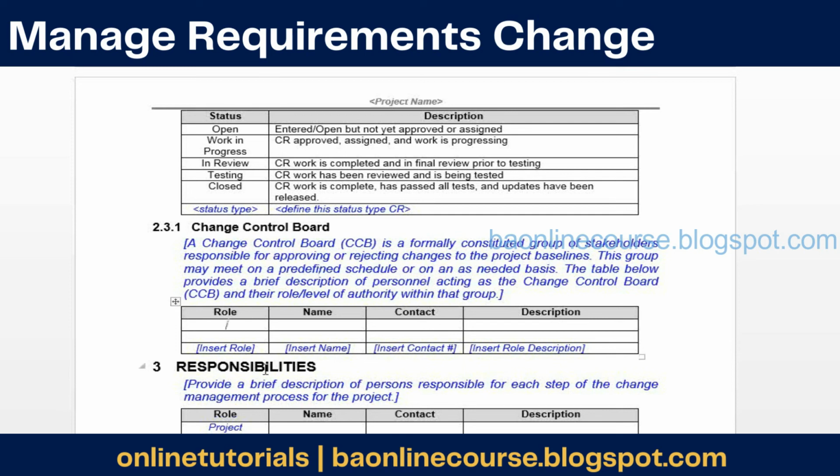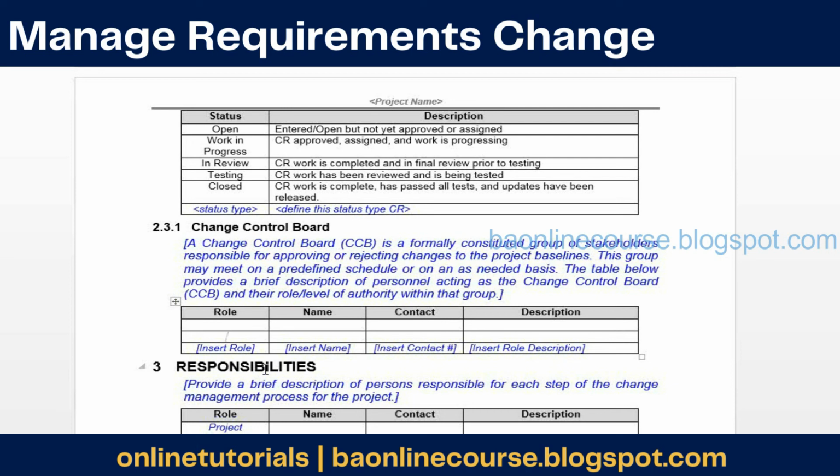The change control board generally has the project managers from both sides and the solution owner as part of it. These three people generally decide, should this change be accepted or rejected? If it is accepted, should it come in this version or can it come in as a patch in a later version? All those decisions would be taken by the change control board. They would also approve the budgets. Any changes or impact to the timelines would also be approved by the change control board.